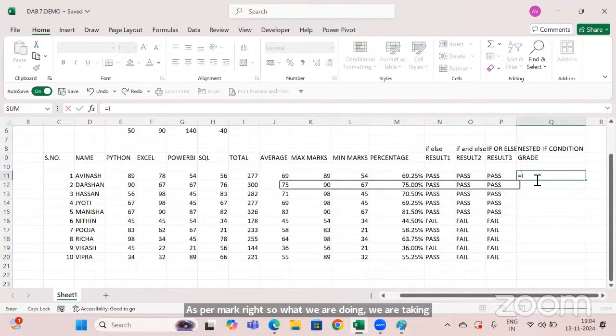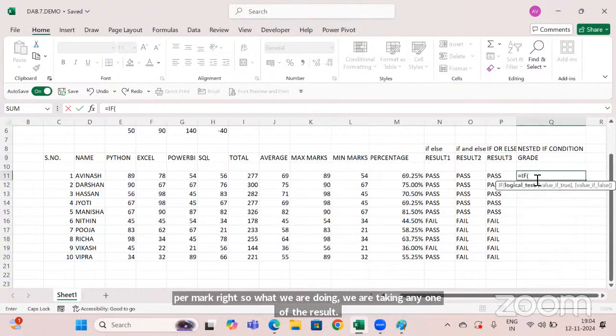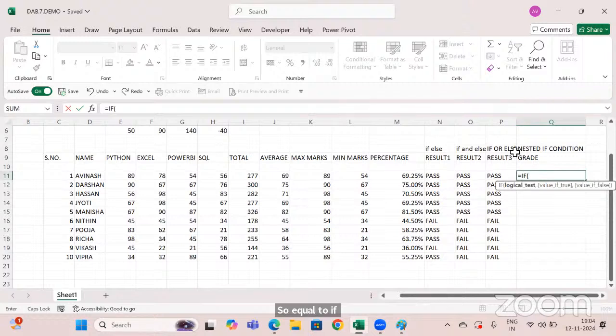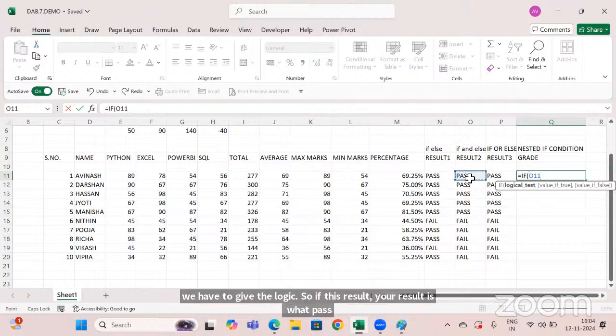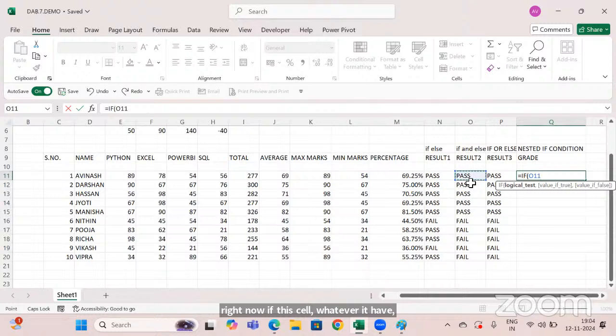So equal to if, then we have to give the logic. So if this result, your result is what? Pass. Right now. If this cell, whatever it have passed, then you will go for the particular grade. If it is failed, then you have to go for a particular grade. So if it is equal to fail, so what you're declaring? If it is fail,